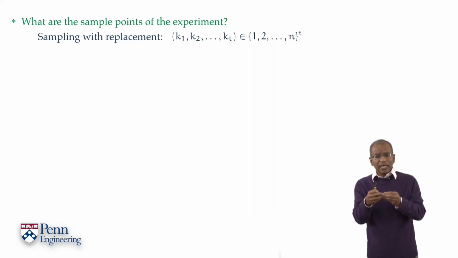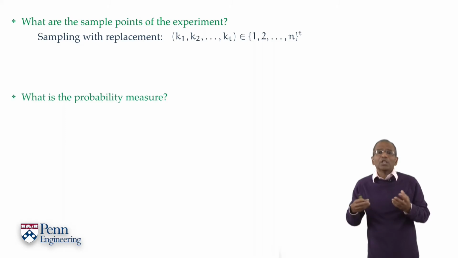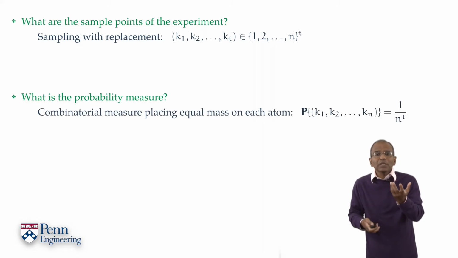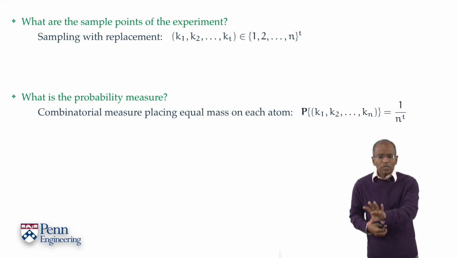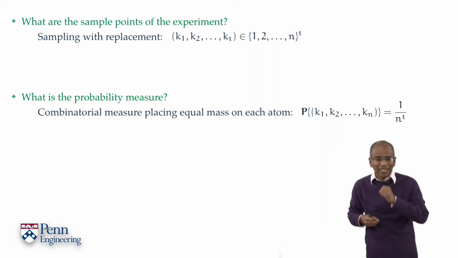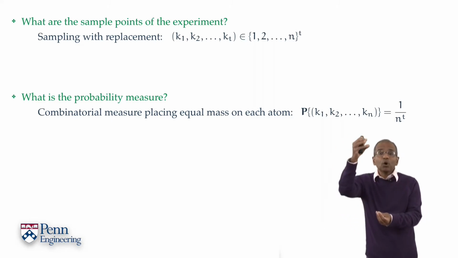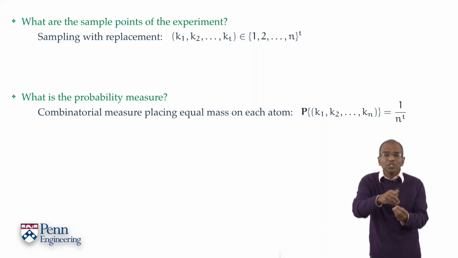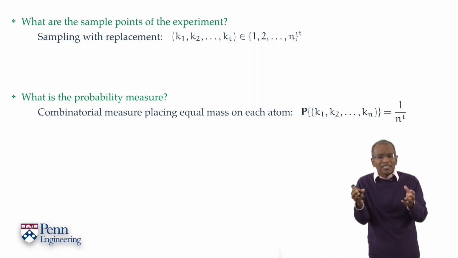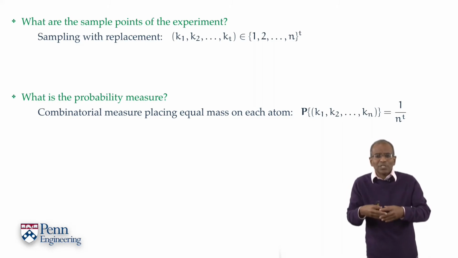All right, now we've got a T tuple of coupons, sampling with replacement. What is the underlying probability measure? Naturally, inevitably, it's going to be combinatorial. Every T tuple has the same chance as every other T tuple. But look at our game. What are we doing here? We're selecting a coupon at random for the first purchase. That's what we get. We're selecting a coupon independently at random for the second purchase, independently at random for the third purchase, for the 10th purchase. We've got a setting of repeated independent trials. Of course, this is going to make it very easy.